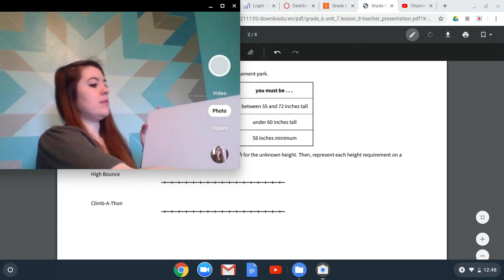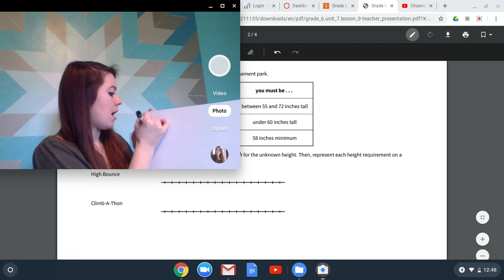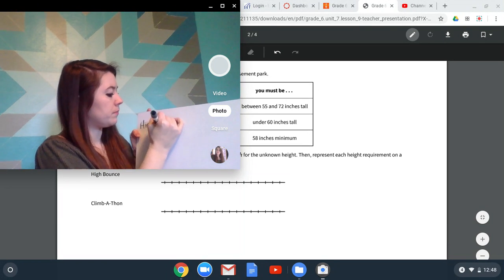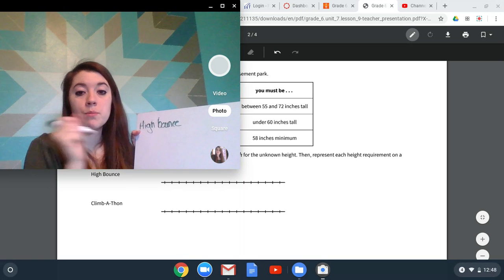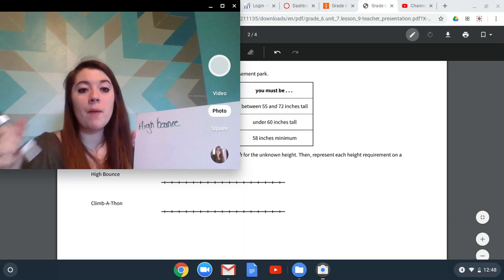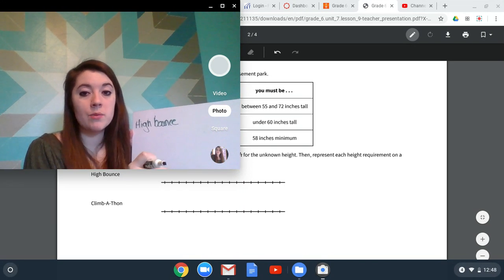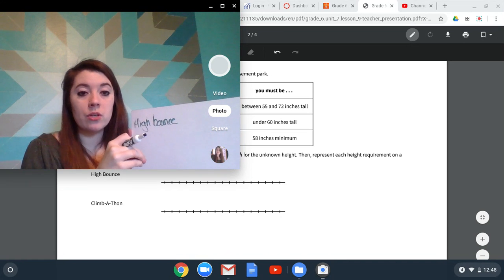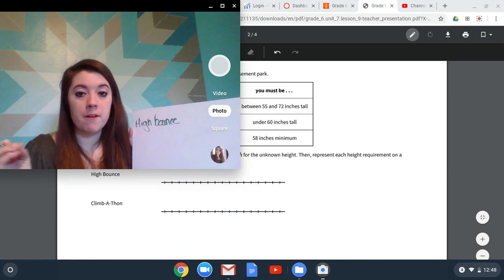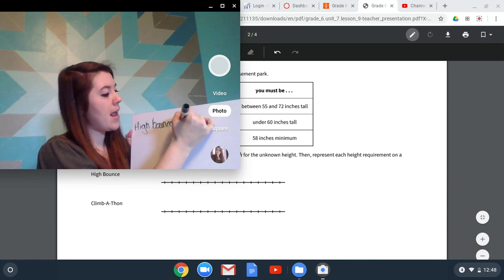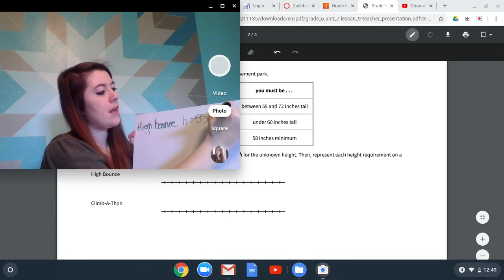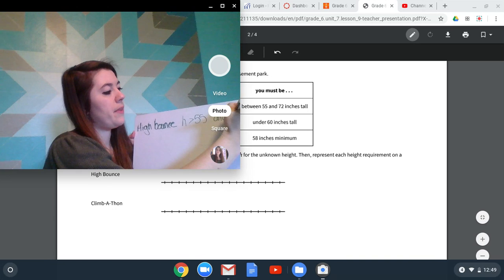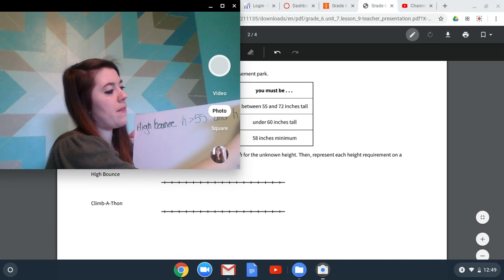So that means our H value, so this is high bounce, we're going to have 2 inequalities because we have a maximum and we have a minimum. We have the tallest we could possibly be, 72, and the smallest we could be, 55. So we're going to say that H has to be greater than 55 and H has to be less than